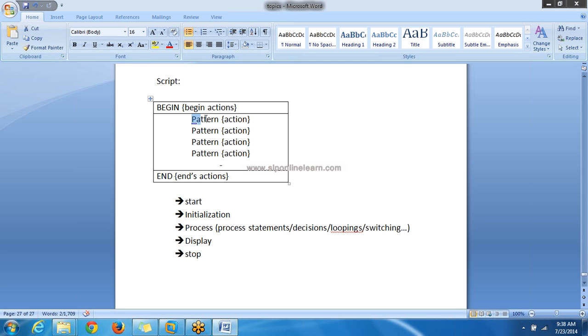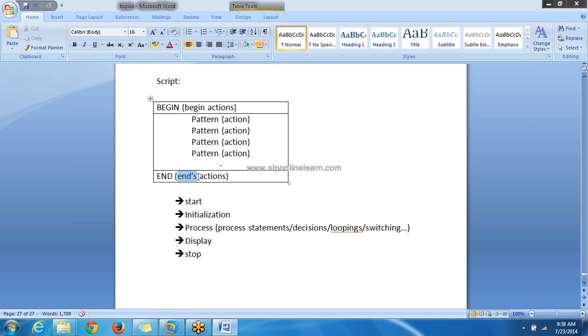So here pattern action, like this many statements are there. You can write as many as you want based on the requirement. And next, END. After completing the process, what you want to display, what you want to output, generally these statements can be declared in the END actions.